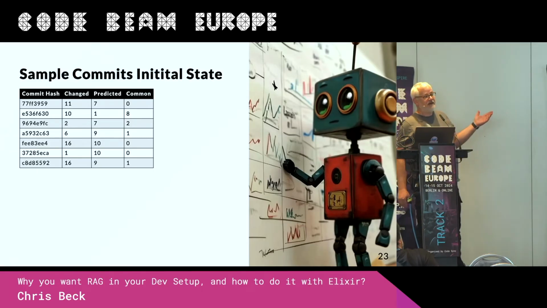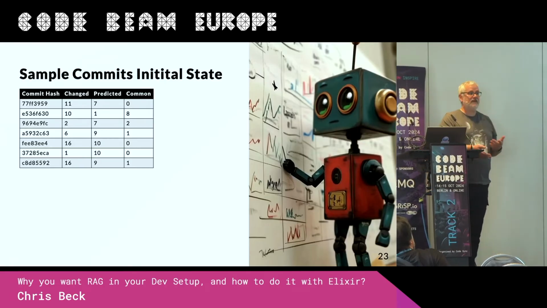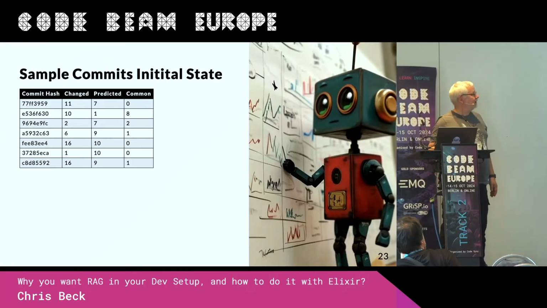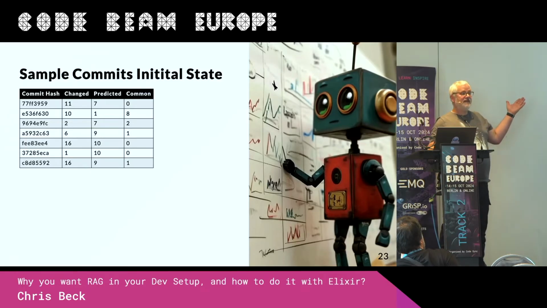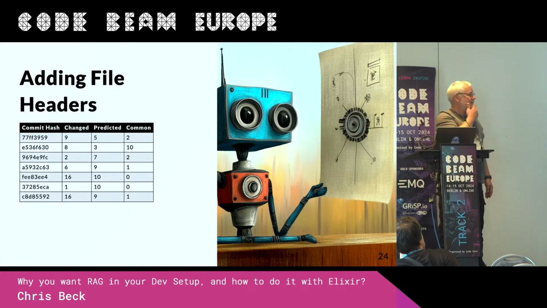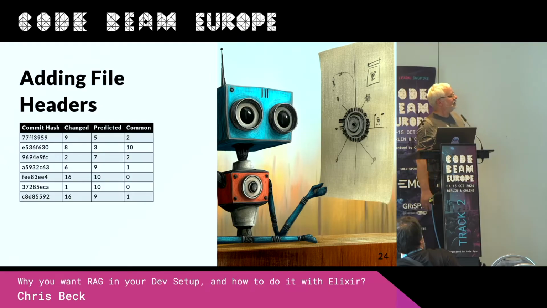But when you use something like this, you can make a fast turnaround and then optimize large bits of your ingestion cycle before you progress to more sophisticated methods. So this is the initial state, and the next improvement for that would be to add file headers, because RAG on code